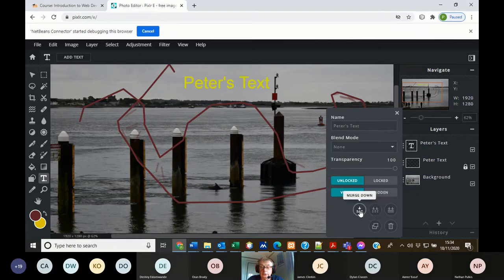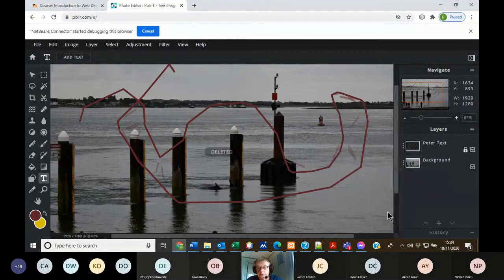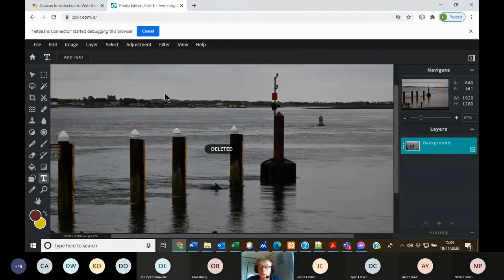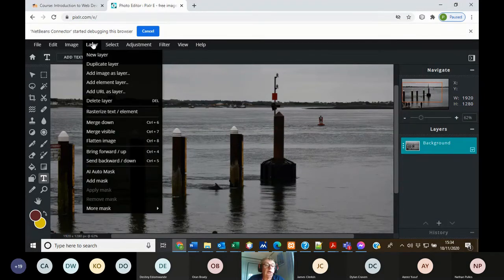I can also merge down, merge visible. We'll do a wee thing on this later on. You're combining images together. I'm just going to delete the two of these, which again is just a different way of doing it. You'll normally find there's multiple ways of doing the same thing. So that's your layer, duplicate layer. Obviously, composite. You can add an image as a layer, add an element as a layer, add a URL as a layer, delete a layer,